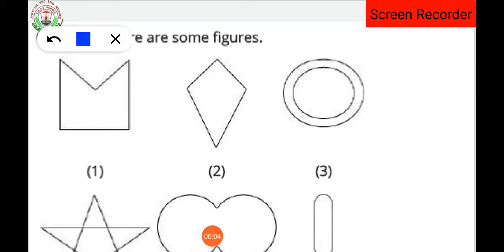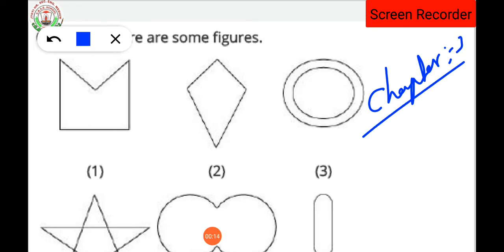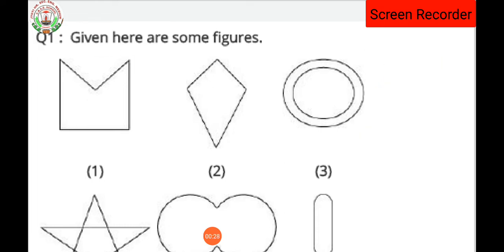So here, after the completion of the definition, we are going to see chapter number 3. The definition I had already given you. Okay, so this is chapter number 3, understanding quadrilateral, from the NCERT book. We are going to use the NCERT book, chapter number 3, understanding quadrilateral. Clear? So here is the first exercise we are going to see.